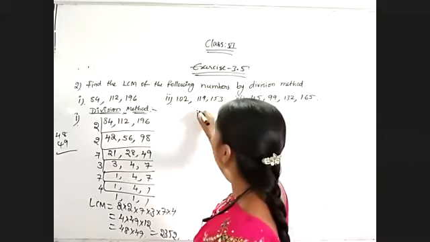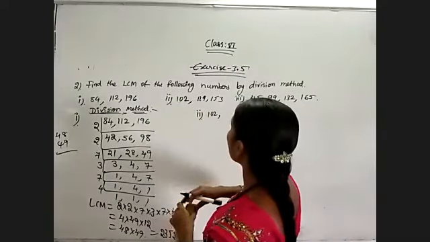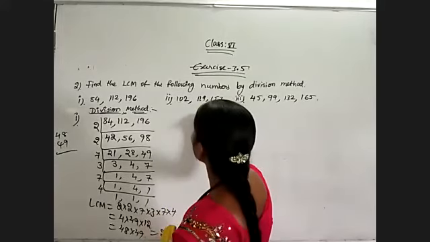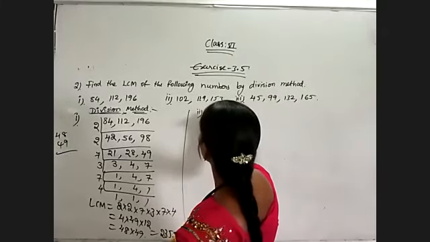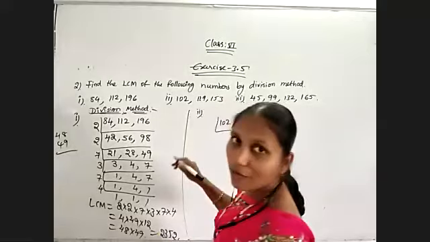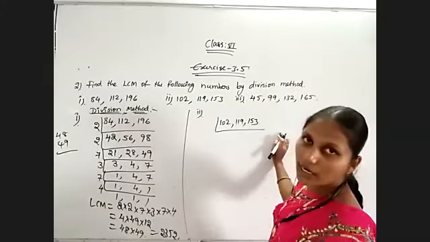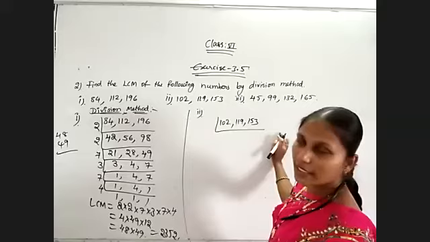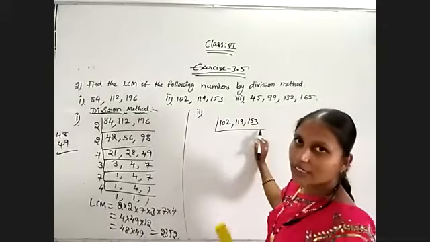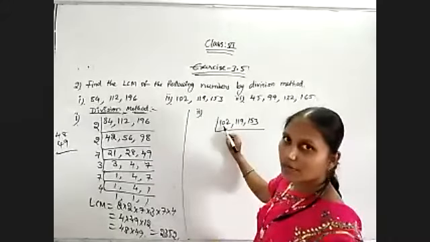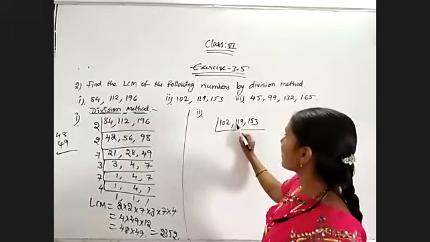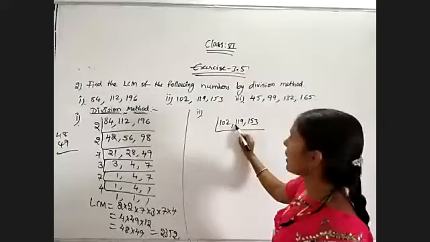And coming to the second question, 102, 119 and 153. So all the numbers we have to take at a time. 102, 119, 153. At a time I have to take and I need to divide at a time. Now observe all these numbers are cancelled in which table, just check. So it is cancelled in 2 tables, but 9 and 3 we will not get in 2 tables. Then come for number 3. 1 plus 2 is 3. Sum of these digits is 3, so it is divisible by 3. And sum of the digits of 119 is 11. So it will not cancel in 3 tables.